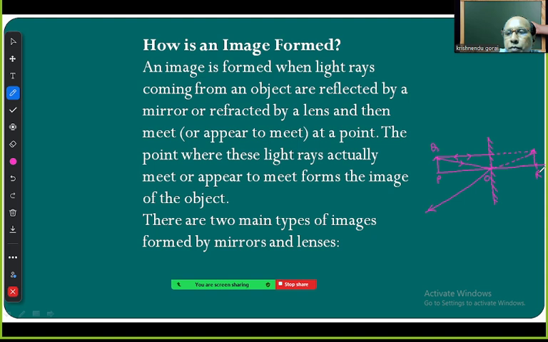Or you can write it P dash Q dash. Suppose this is P dash and Q dash. In this way, the image forms. And this is what we call a virtual image. When the light rays do not actually meet, they appear to meet. That is